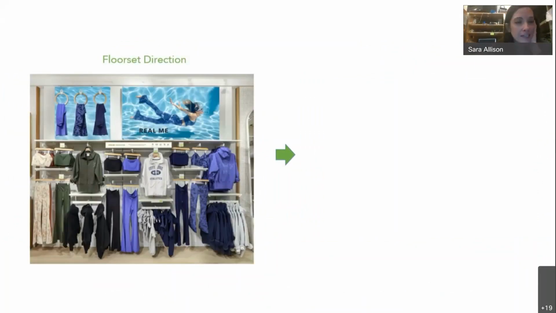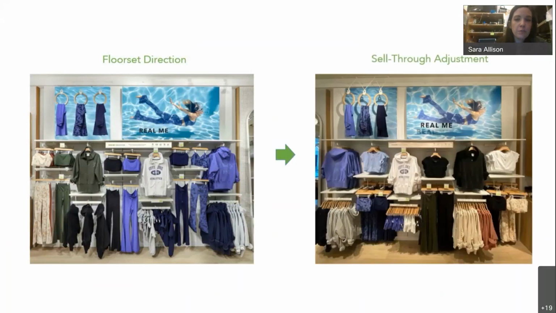Keeping away from empty. Okay, so offline stores, we have an example for you. So exciting. So here is our original wall direction. I think we were starting to break in a lot of the bralettes, even the bottom. So there's a lot happening in this adjustment, but a few things that we can talk through. So we kept the build of the wall very similar. I didn't have to rebuild the whole wall, reset the upper. So that's another thing you want to look at with making adjustments: how can I maintain the original hardware setup as much as I can so that I don't have to do a lot of building and rebuilding.